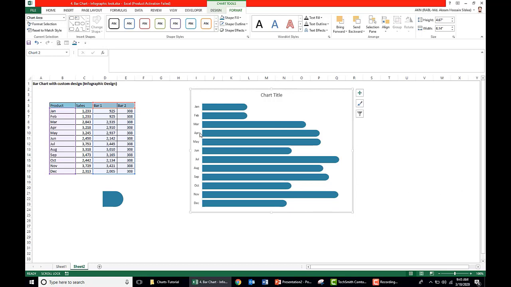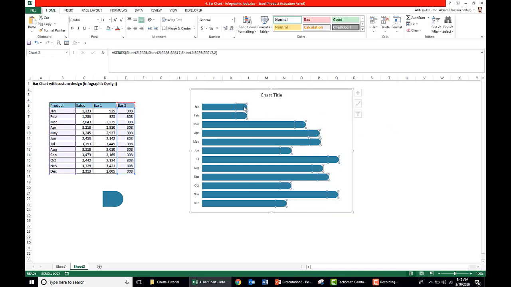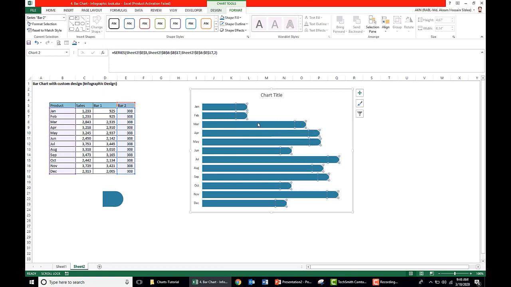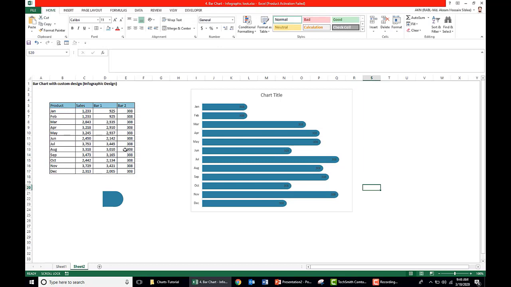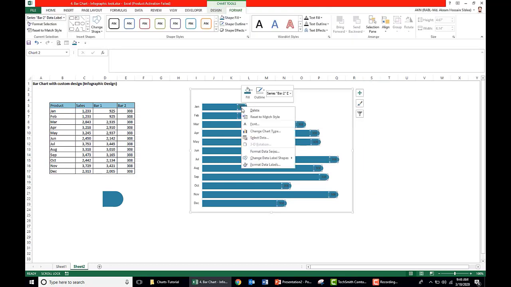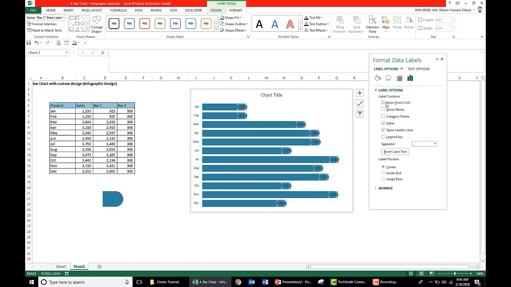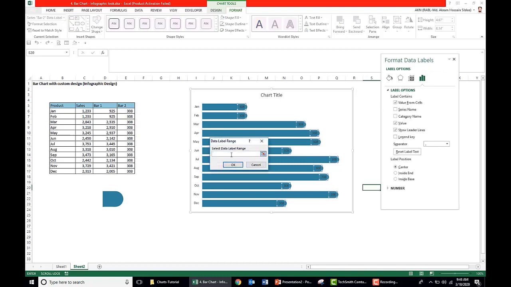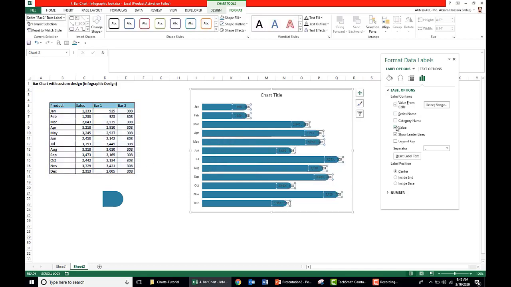Now give the data value here. We want to give this data value in the bar. So select the bar 2 part, not the whole part, only select bar 2, go to chart elements and take the data labels here. Now we want to show the data of the total sales, not bar 2. So select the data label, right click, format data labels, take values from cells. Here we take values from total sales. OK, and remove this value because we do not need the duplicate one.